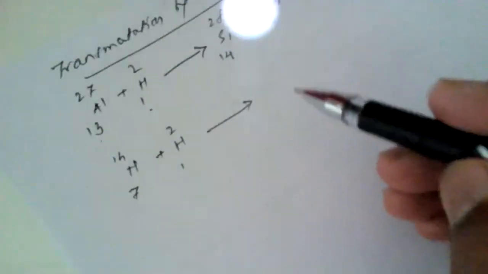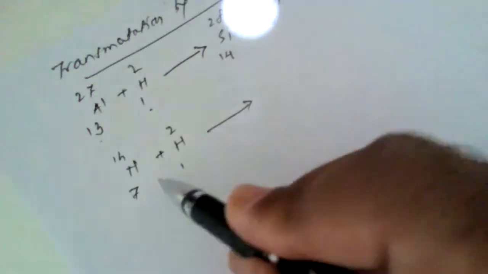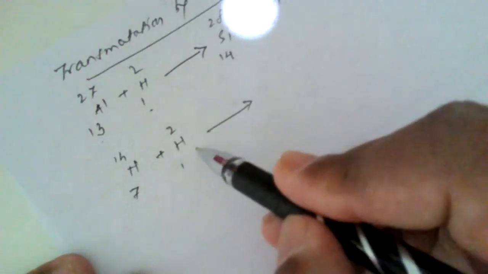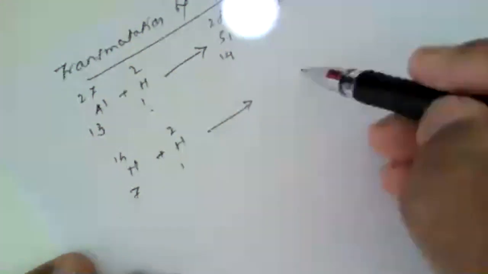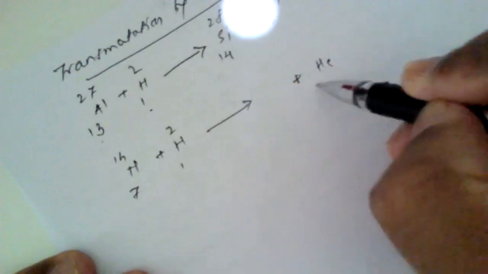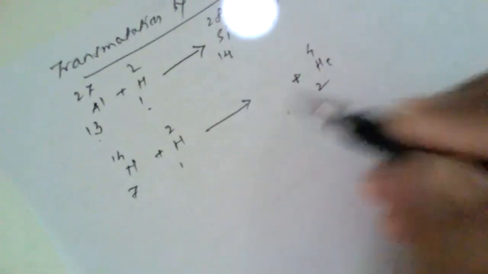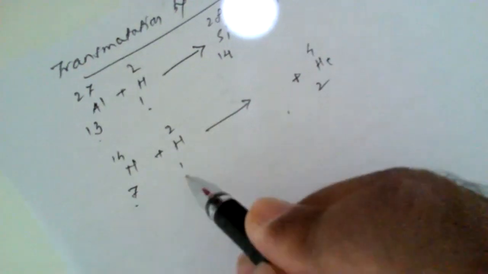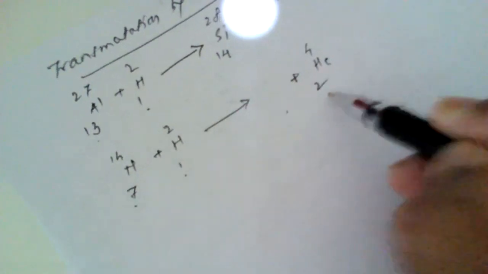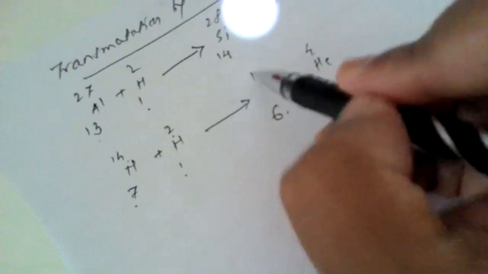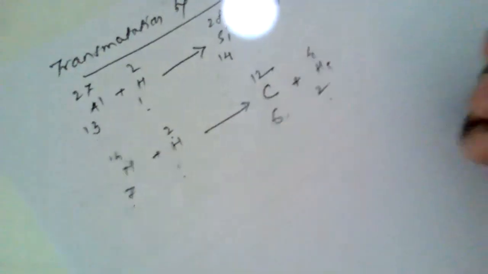Now, here, if we take nitrogen as the target and deuterons as the projectiles, and alpha particles are ejected, we have to arrive at the product of the main reaction. So 7 plus 1 is 8, minus 2 is 6. 14 plus 2 is 16, minus 4 is 12. Atomic number 6 is carbon.